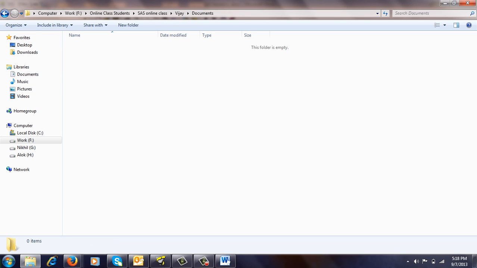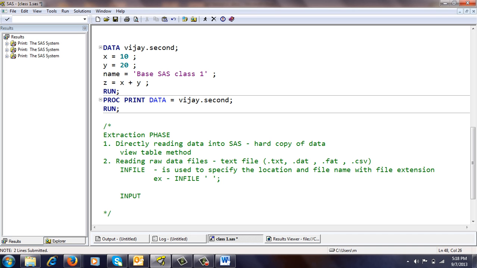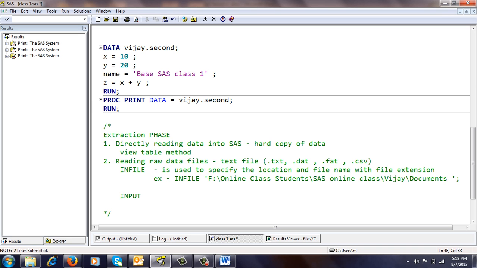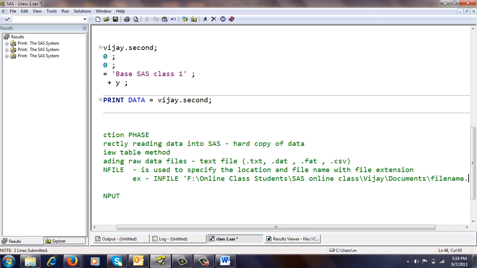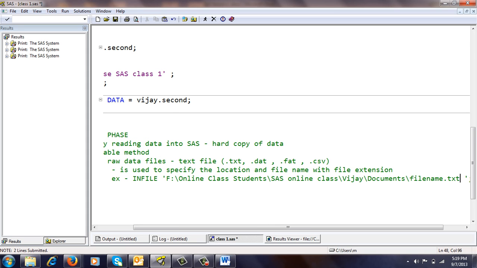We'll take these locations and specify your file names which you want to read. And also have to give the file extensions as well.